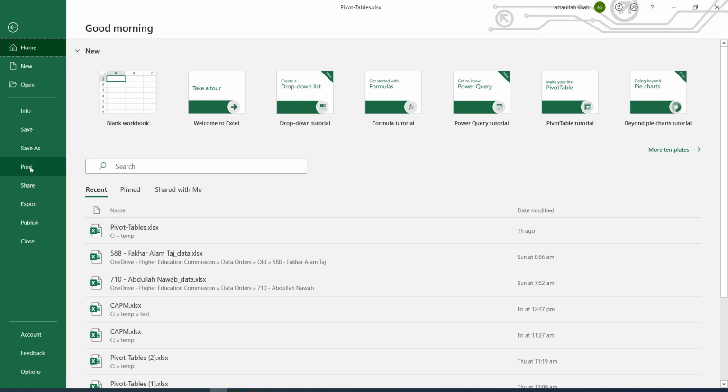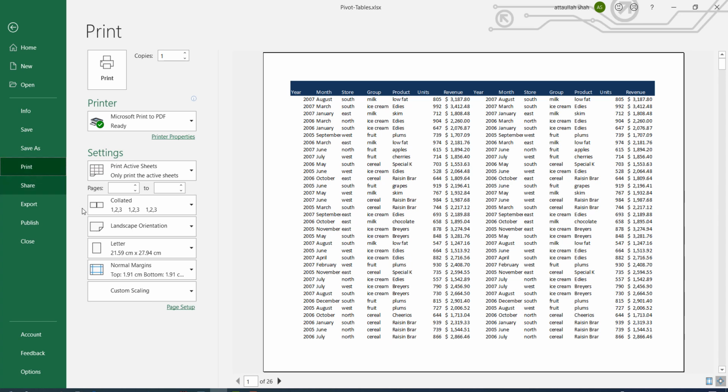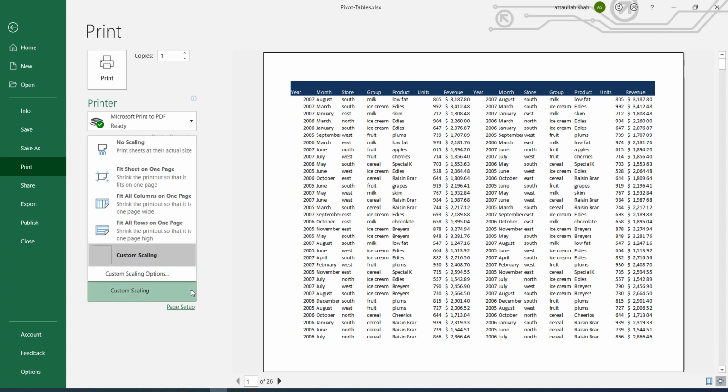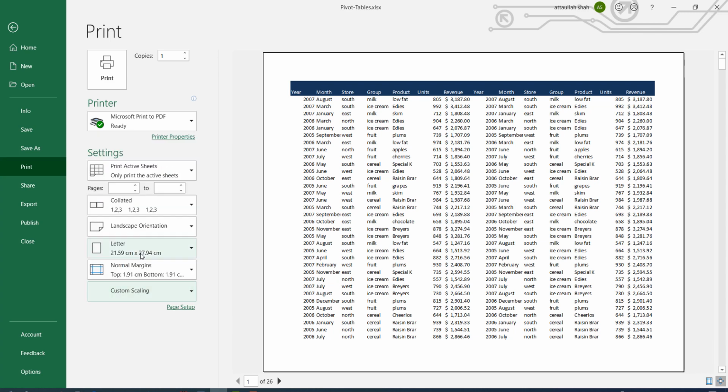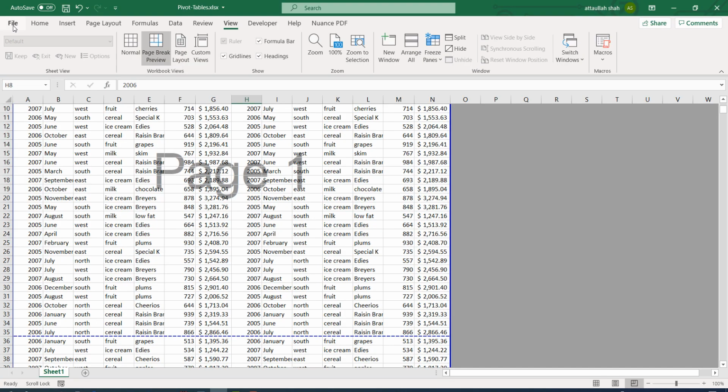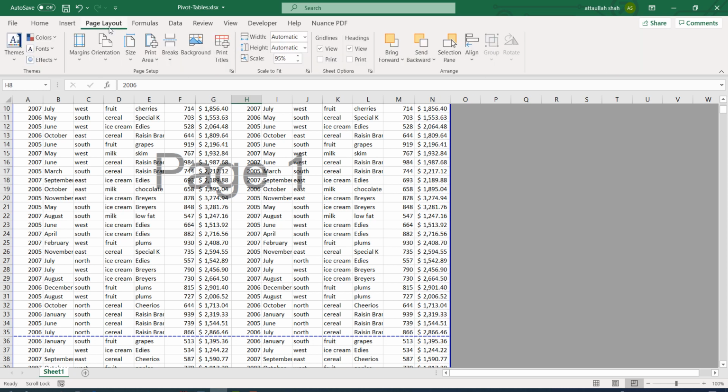So if I go to the print menu, at the end we have custom scaling. So right now we have custom scaling, and if I go to the page layout menu, we have scaled the document to 95% of its original size.